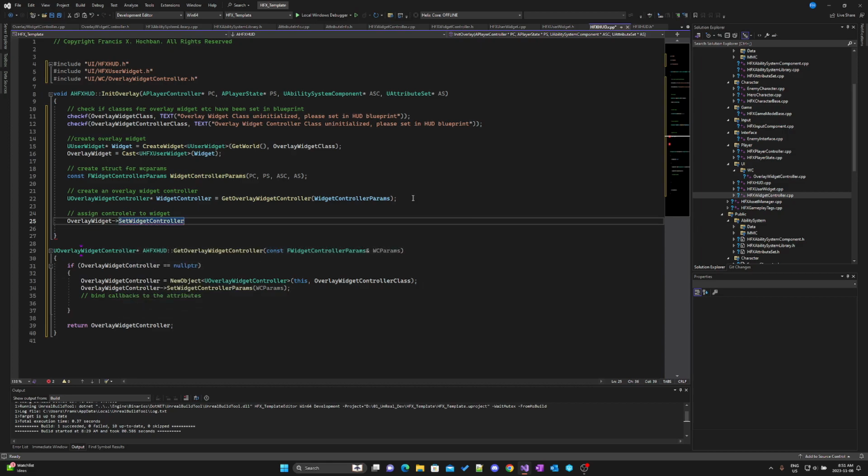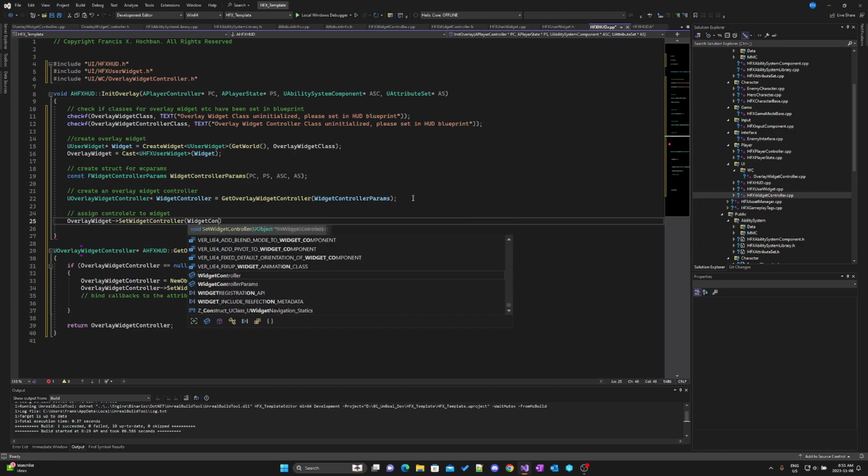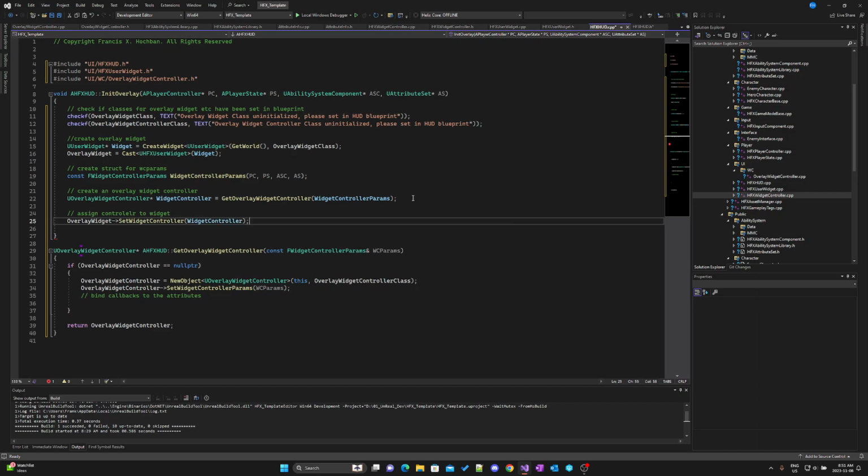Set widget controller. And it wants a widget controller. Well, we got one. It's called widget controller. I always laugh at the way that variable names get used, and it's so straightforward and obvious to use them because it makes everything fall together. But coming from the 80s where I'd make up variable names that are ridiculous, this is funny. Anyways,